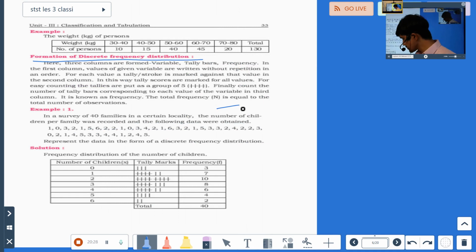And before I show, this has already been taught to you in economics, for commerce students. For science students, this will be new, but for commerce students, this has already been done in the economics part of statistics. So this will be a revision for you, but that does not mean that you do not have to read. You still have to read. You have to still write the statistics exam and the economics exam also. So there also it will come, and here also it will come. I'll continue the next topic in my next class.